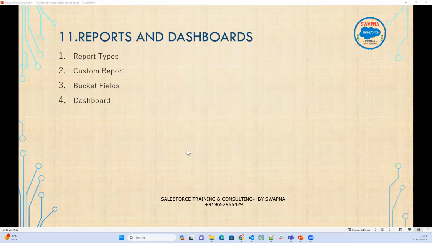Now the next one is a dashboard. If I have to send an email to the manager regarding the reports, then we will send a dashboard. So the dashboard will contain